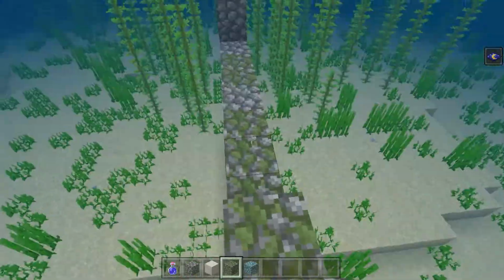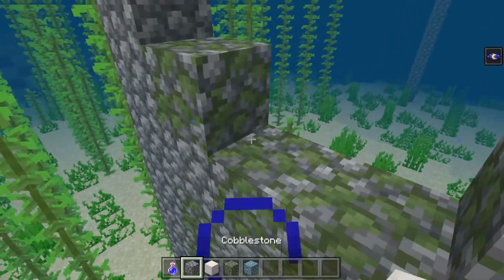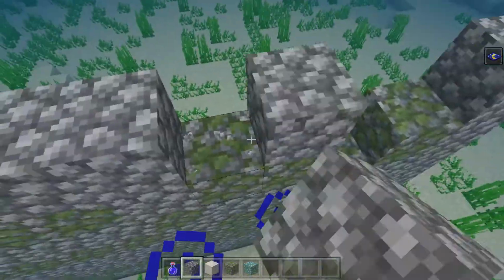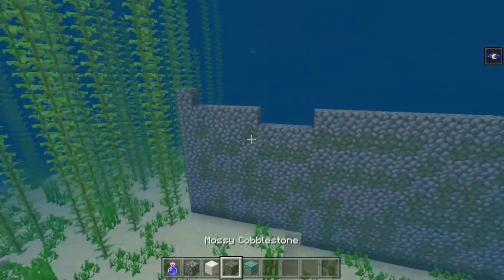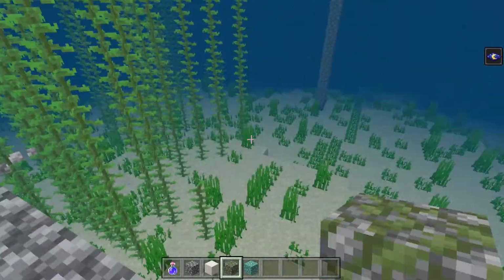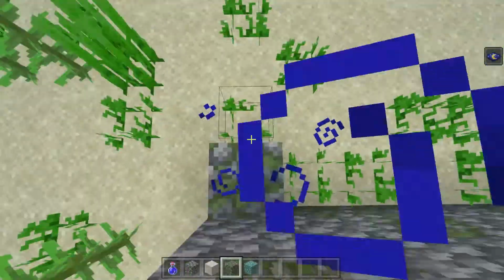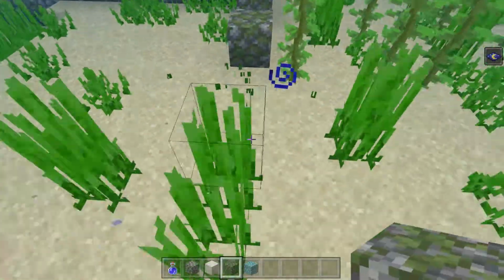So I'm just doing it like this so that the mossy cobble goes where the cobblestone is. There. Nothing really that interesting about that wall yet, but soon it's going to be much more detailed. I'm just going to do this on every single one, and then I'm going to just add in some of